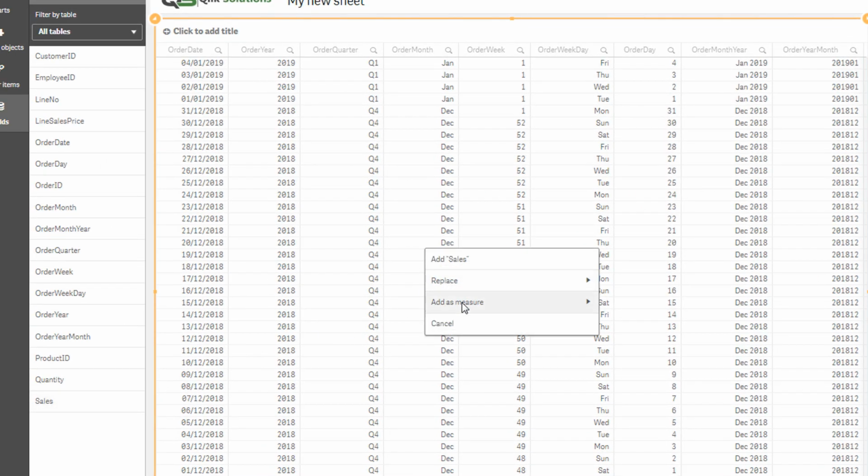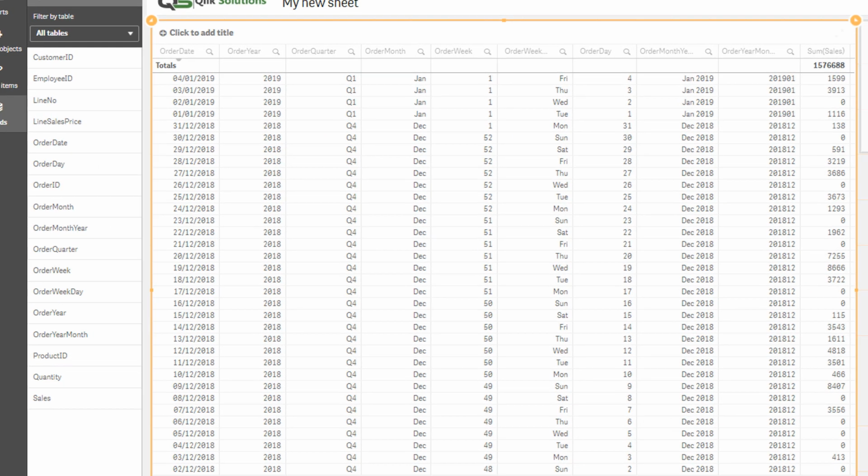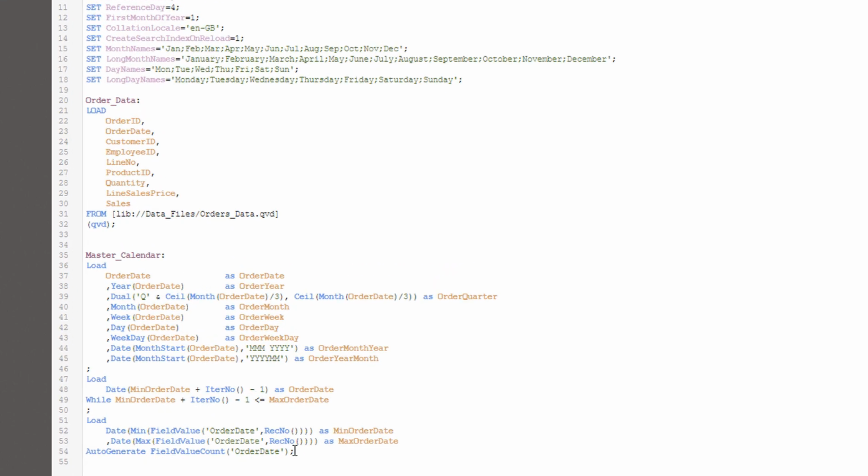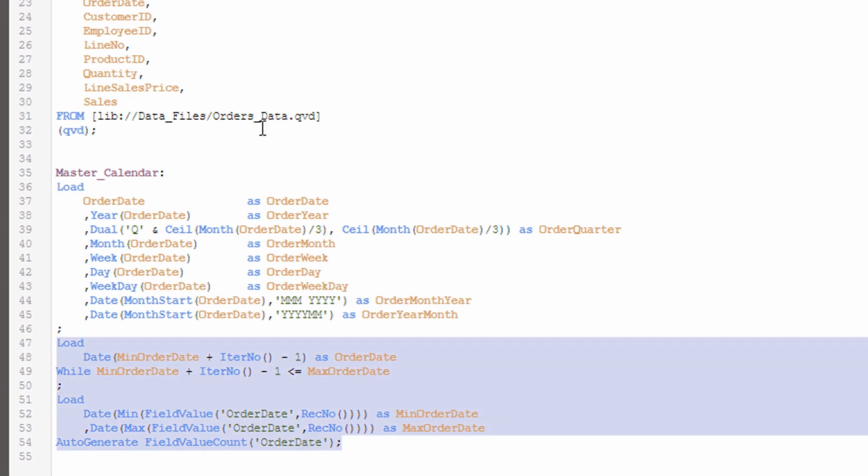Now I can add some cells here. As you know, we don't have 2nd of January 2019 in our order data fact table, so the sales is 0. In some cases, the end user says they don't want to create all these dates. They want only those dates which are available in our original fact table. So in that case, what you need to do is,